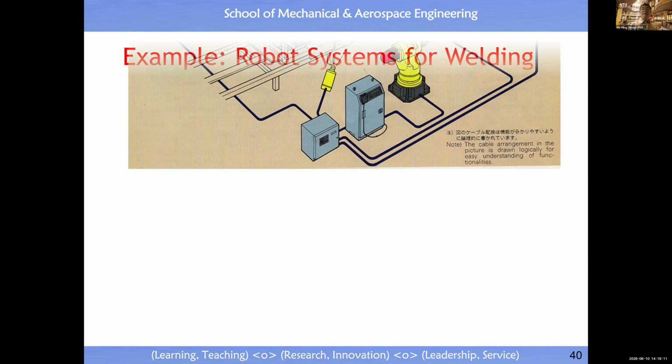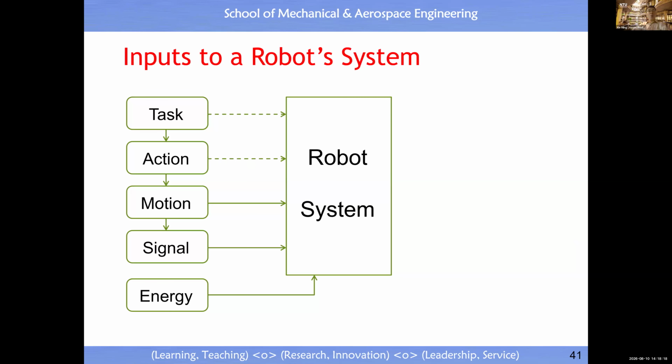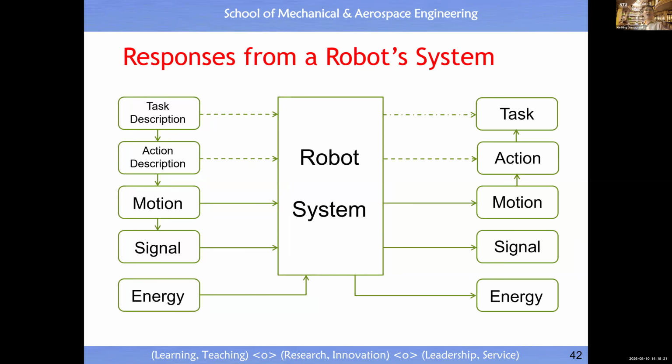And this is a spot welding, right? Human being can do spot welding. Then robotic arm can also do spot welding. Okay, so robot is a system which has an input, which has an output. But pay attention. Our expectation is to let robot accept task description and action description, motion description. Okay, but however, today's progress in AI has not yet reached this mature stage of making today's robot to achieve